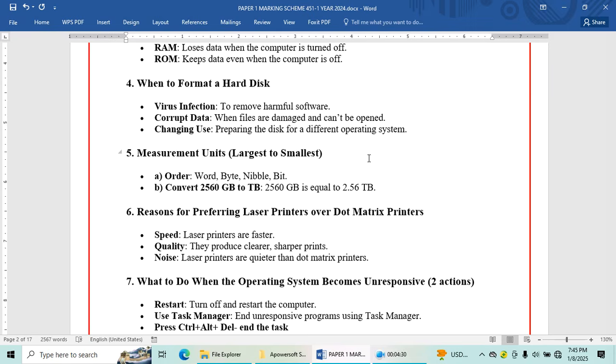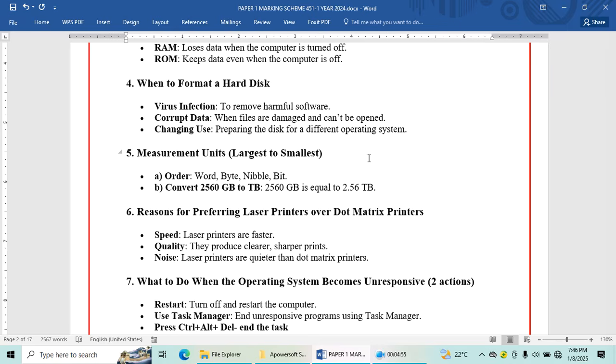So word is the largest, byte follows, nibble, which is a half word, and then a bit. For that case, convert 2560 GB to TB. How many gigabytes make 1 terabyte? That is where the question is, and therefore the expected answer is 2.56 terabytes.